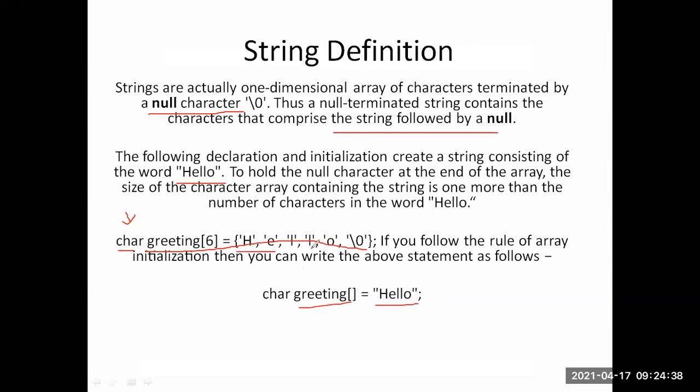You can represent the data in two ways. If you represent it in single quotation, then you compulsorily have to represent the last character with null. If you represent it in double quotation, the computer will automatically store the values in that array, and it represents the null automatically in the last block. The null is automatically added by the compiler.